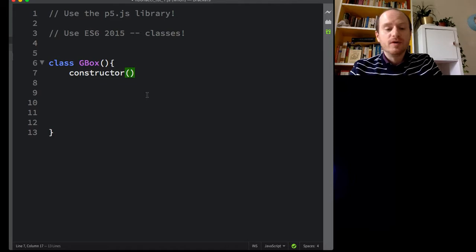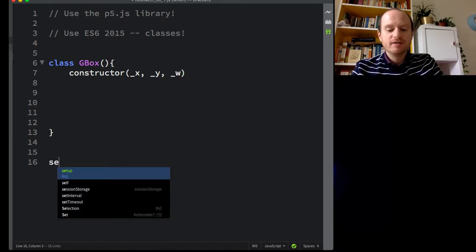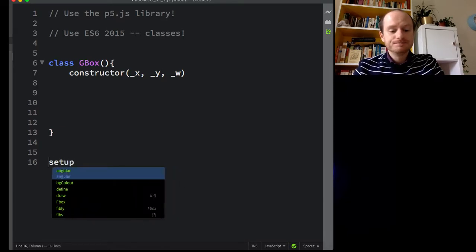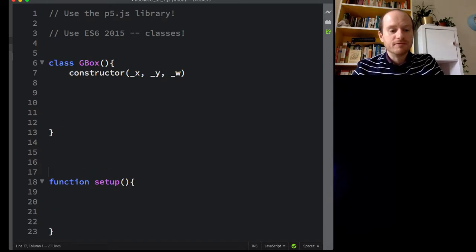You construct it with its variables. So we want to tell it where its x position is, where its y position is, and maybe its width. I think that's all we're going to need. So we can say make a box now. Let's do that here. In P5, you start with a setup function. Here we go, setup. Now we can say something like var Fibonacci. Let's call him Fibly. Fibly equals